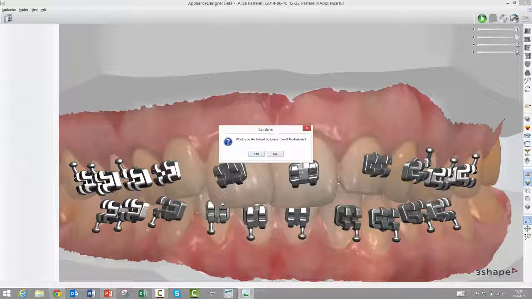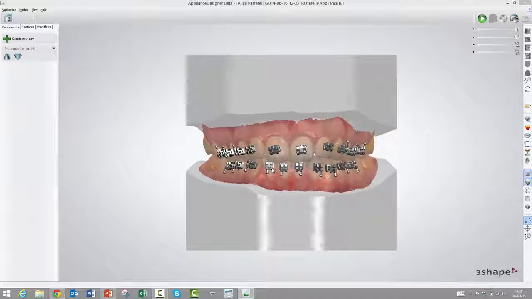It could have been that there were collisions. In fact, we can see this is the case where some of the brackets on the mandibular are colliding with the maxillary, and maybe we've saved another occlusion to circumvent that, and now we could load that occlusion. Okay, I saw that quickly there. Yeah, okay. It opened a little, so there's no intersection. It will be up to the doctor to decide, but the software supports this.